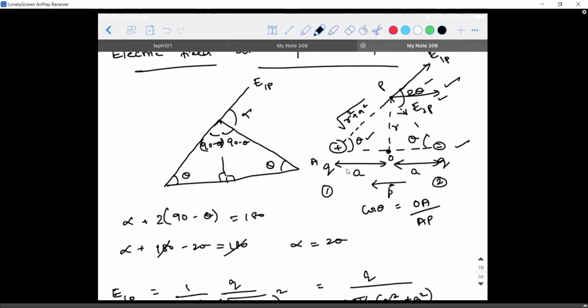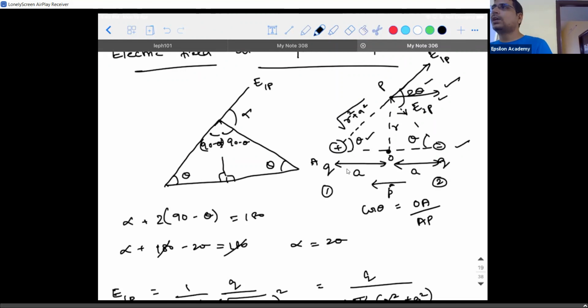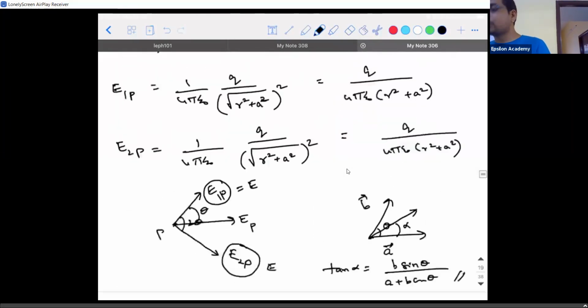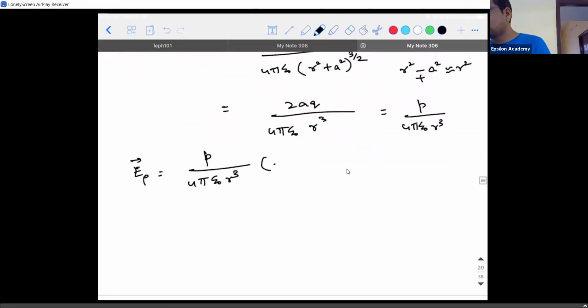Right to left. What is the direction of electric field? Left to right. So, if you swap these two charges and see, that is positive with negative and negative with positive, the dipole moment will also get reversed, electric field will also get reversed. So, what is the important conclusion we can draw from here? It is minus P cap. So, two important things. Along axial point, it is in the same direction. Along equatorial point, it is always in the opposite direction to whom? To the dipole moment.